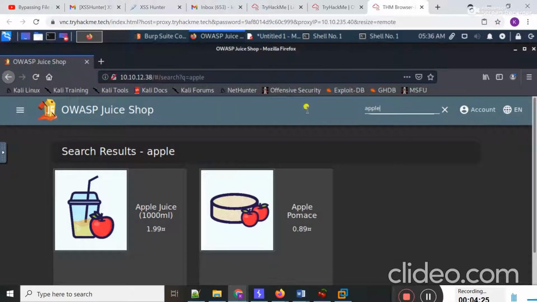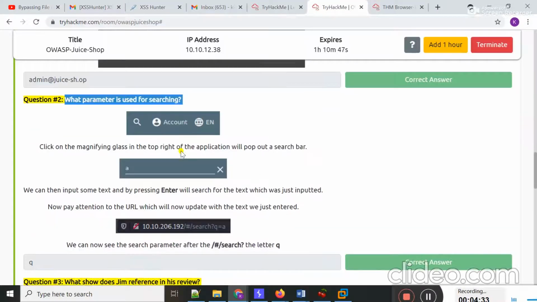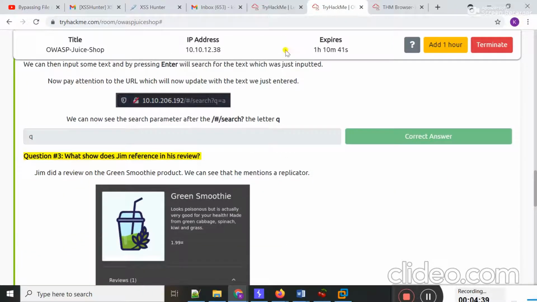If I type anything else, if I type A, you can check Q is the parameter and the value is A that is passed to this parameter. So the answer of this question is Q. Q is the parameter that is used for searching.